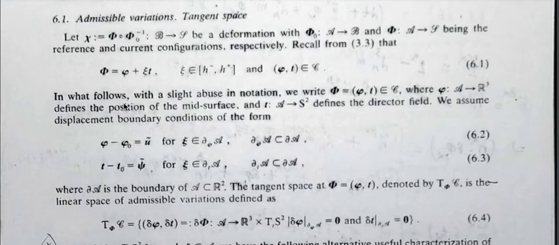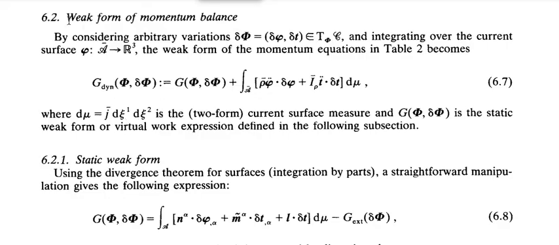That defines the variations in phi and t. So we get delta phi and delta t, and these variations will cause other variations to occur, like variations in the strains, and that will cause, if some force component is there, a change in the energy of the shell. In that manner we can write the energy equation of the shell, as we have already seen over here in the weak form of the momentum balance equation.